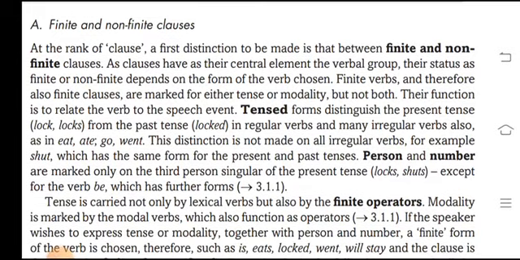The first distinction to be made is that between the finite and non-finite clause, as the clauses have as their central element the verbal group, where the status